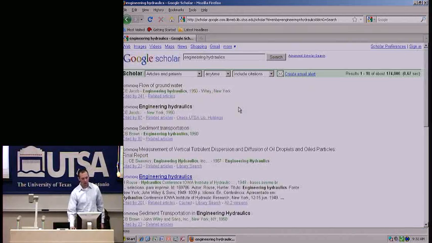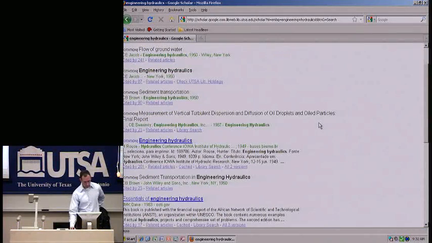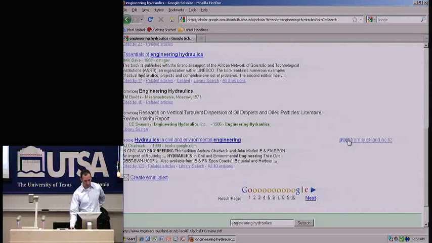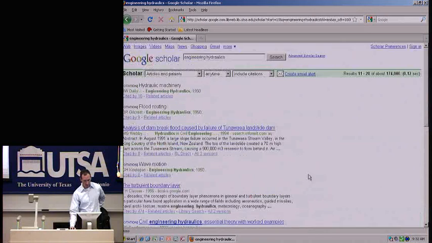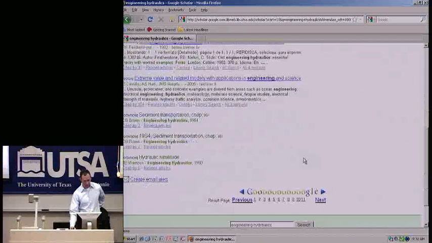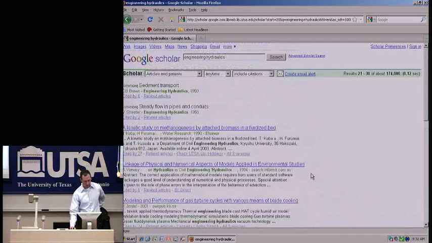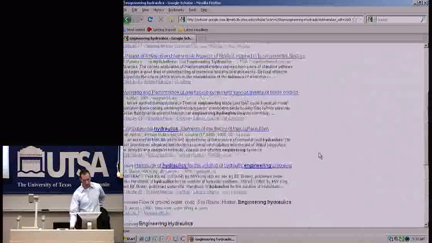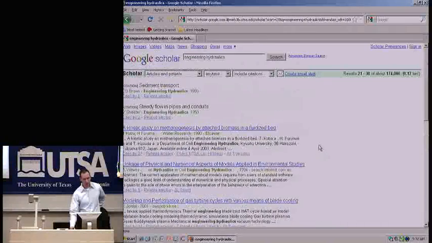Do a search, and see right here it says PDF. See if it'll find it at UTSA. It's not showing that for me, but since we've done it from the library website,